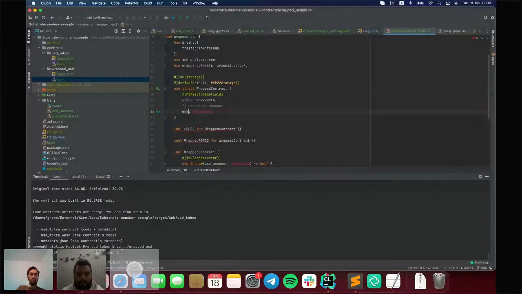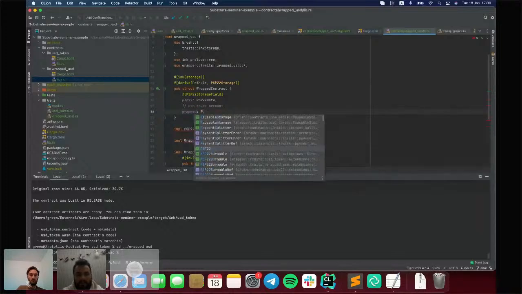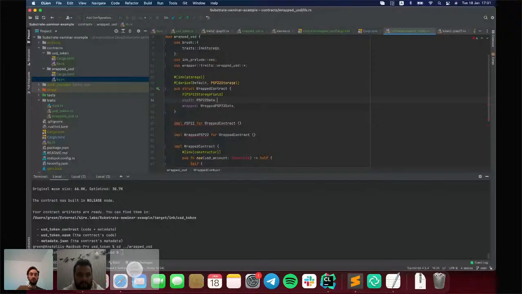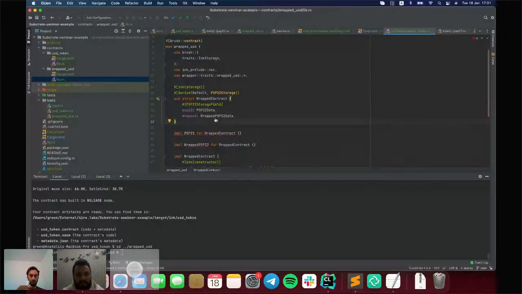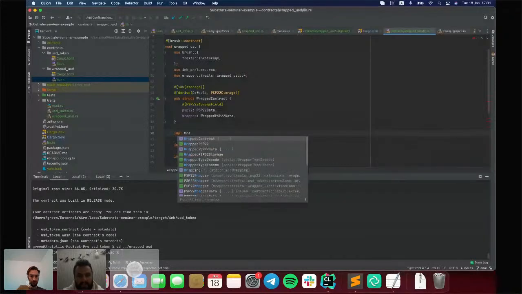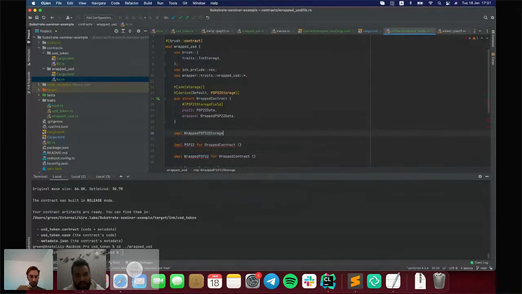So wrapped PSP22 data. Yeah, it is a new field of our contract. Inside it is the underlying token, like it was before. And now we need to implement the wrapped PSP22 storage trait for our contract.